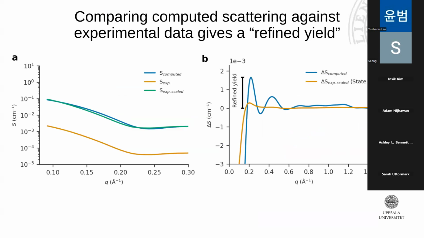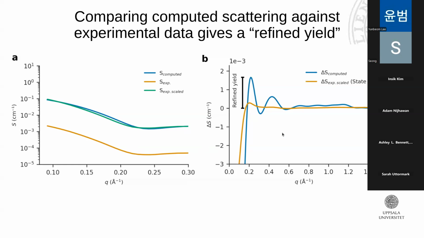So we had the idea of doing exactly the same as before, but this time using the computed scattering. The computed scattering is on a scale, it has units. So we wanted to put the experimental data on the same units as before. So we have the computed scattering, the blue one, and the unscaled experimental scattering from the XFEL, and then we apply the same thing. We get a scaling factor that we can apply, and then we apply the same scaling factor onto the